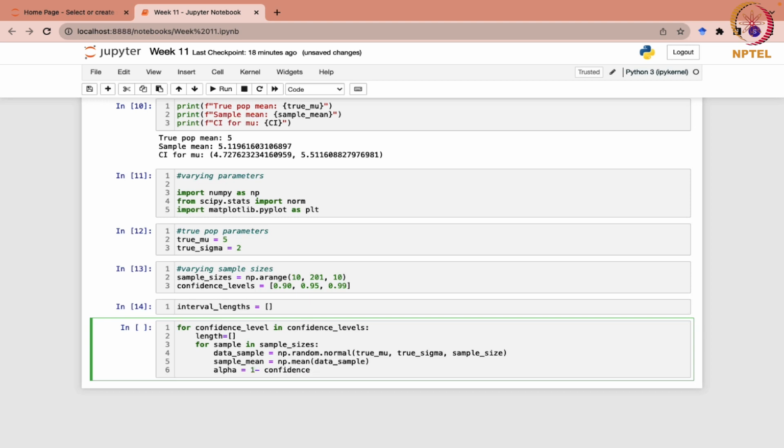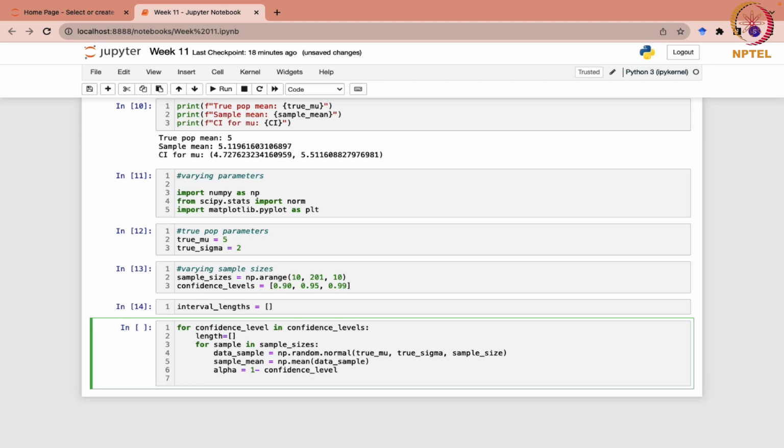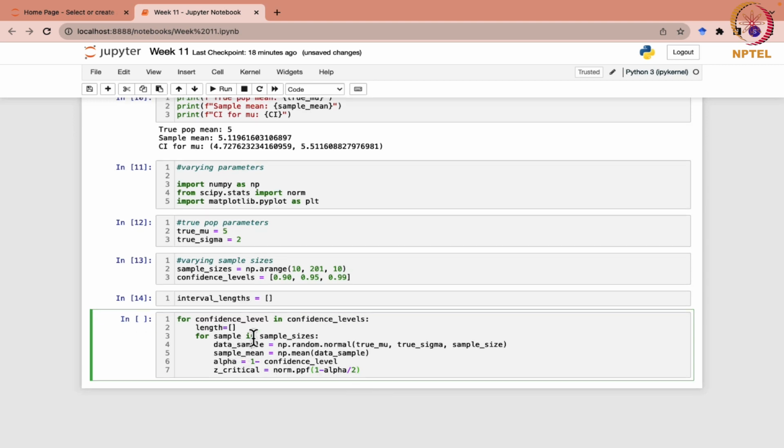One minus alpha will be 1 minus the confidence level, and z critical would be norm.ppf, which we have used earlier also. So this one would be 1 minus alpha by 2. So yeah, this is the percent point function of the normal distribution. Basically we have iterated a for loop over the sample sizes, different samples in these sample sizes,